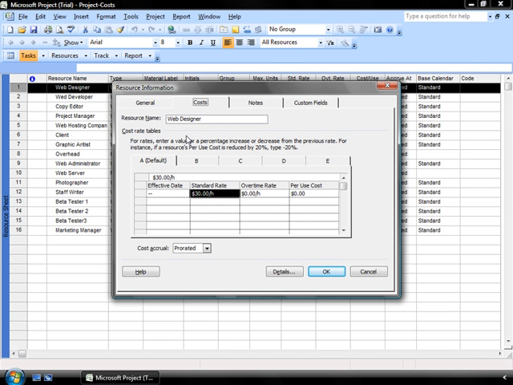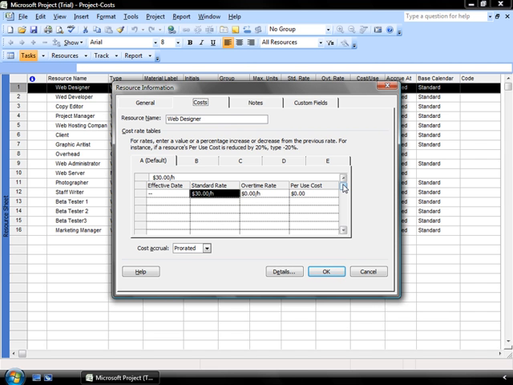Rate changes during the projects are tracked here. Now, the first line in any rate table is always the default cost for that particular resource, and that's the one that we saw and entered on our resource sheet in our previous movie. I can track overtime here as well, and cost per use if that's appropriate. There are 25 lines within each tab of my rate table, so I can track up to 25 different rates or effective dates for this particular web designer if I've used him or her over a longer period of time.